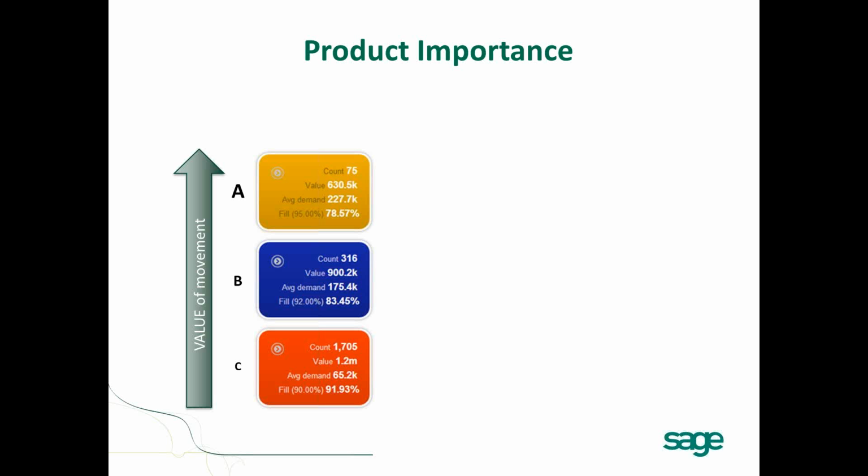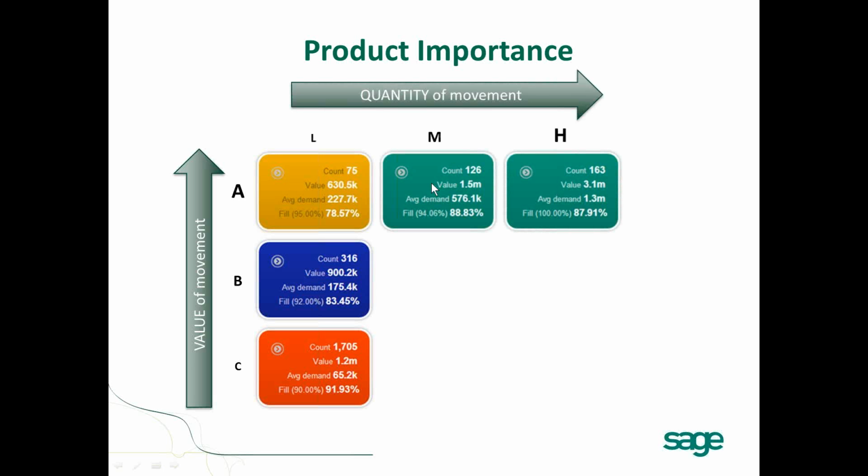Now, if we analyze purely based on value, then those nuts and washers, where we sell maybe 1,000 a month, but they cost 1 cent each, get totally dominated by a product like an engine, for example, where we sell 1 or 2 a month, but they cost $3,000 or $4,000 each. But those nuts and washers are just as important to our business, and we need to make sure that they are assigned appropriately. So to help those nuts and washer type items, we also analyze based